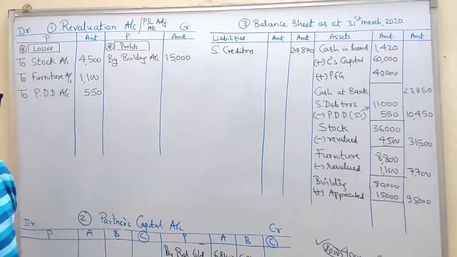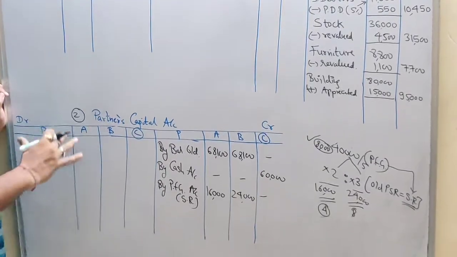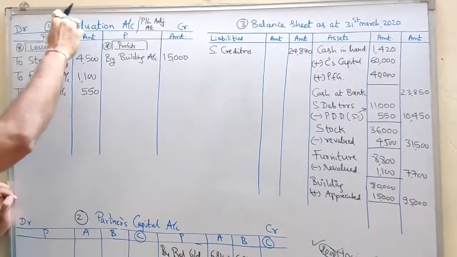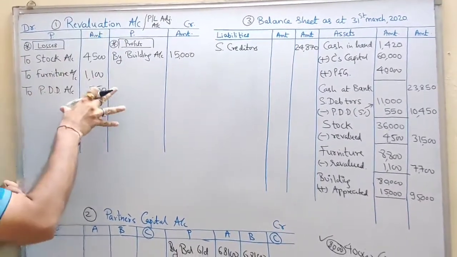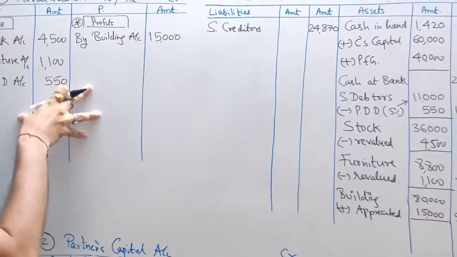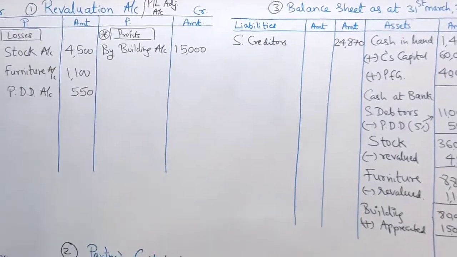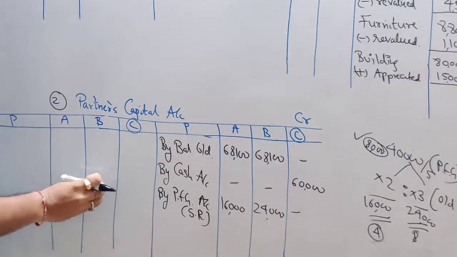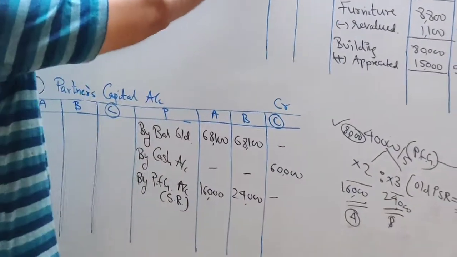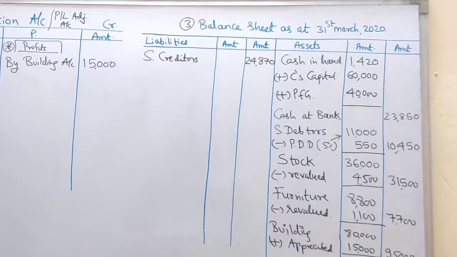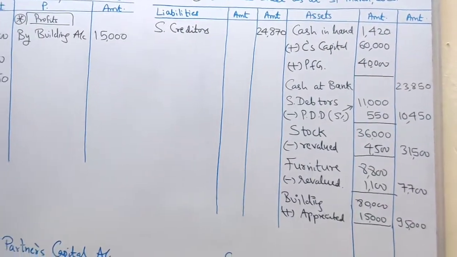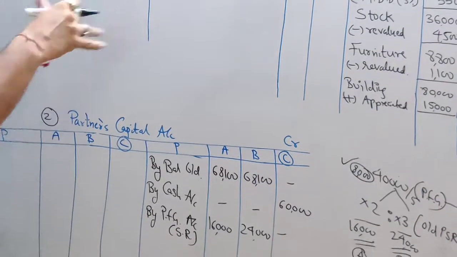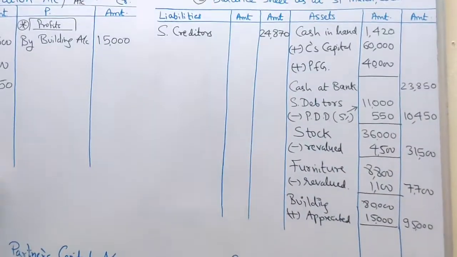Now we are done with the entire sum. This is how you are going to do the totaling now. I have already given numbers. First, you always total the revaluation account. Whatever balance you get from this account, you transfer that balance to the capital account. Then you total up the capital account. Whatever balance you get in capital, you transfer it to the balance sheet. Am I clear? I have already given numbers 1, 2, 3. As per this number, you will do the totaling. So let's start with the totaling, students.